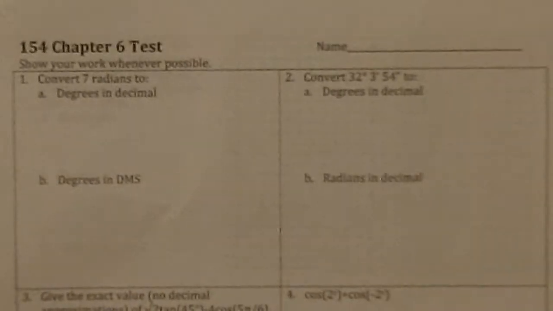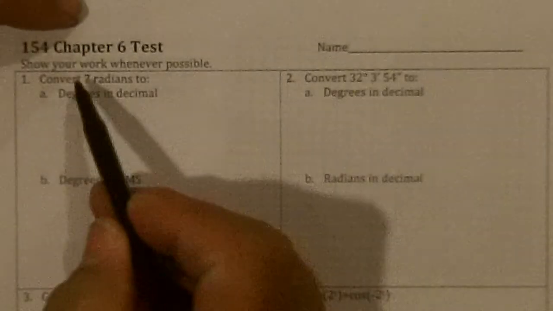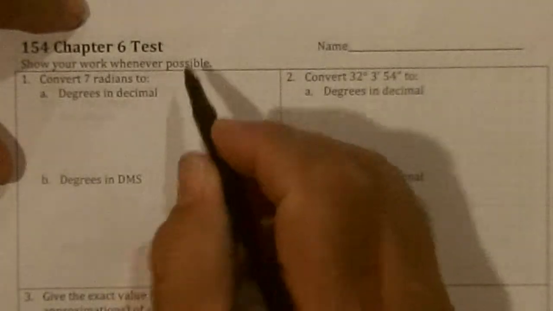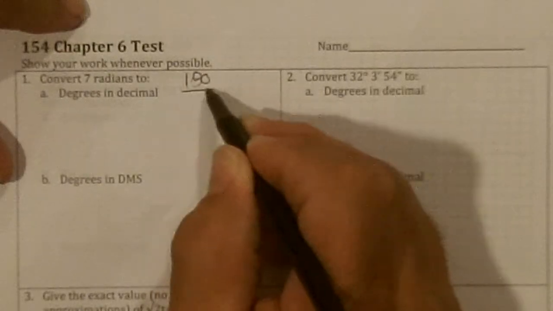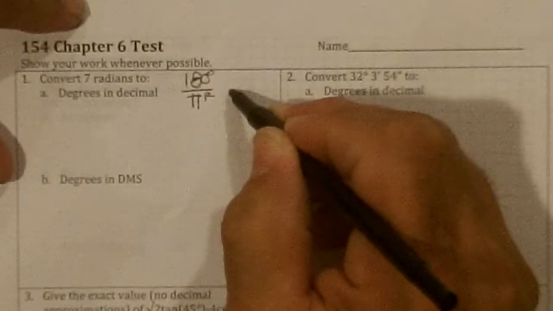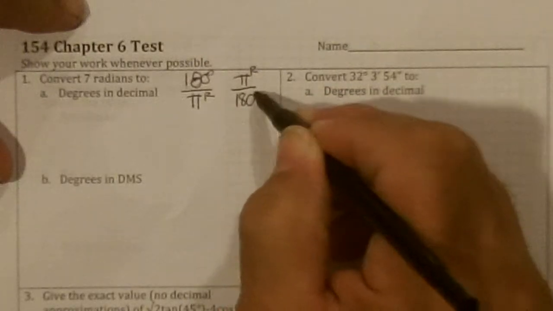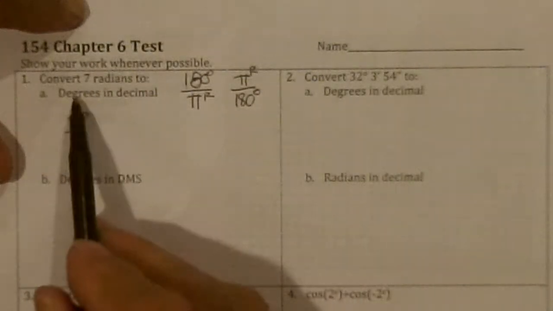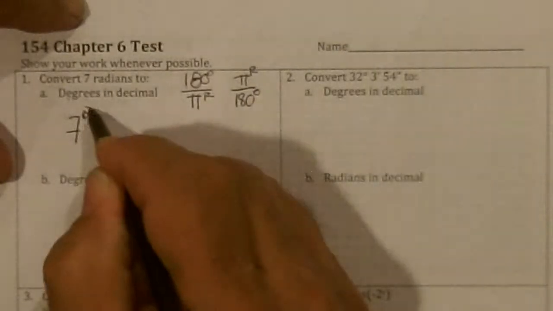All right, let's go over the chapter 6 test. Okay, first thing is to convert 7 radians to degrees. Now, if you're converting, you're either going to multiply by 180 degrees, which is the same as pi radians, or you're going to multiply by pi radians over 180 degrees. Since I said it was 7 radians and you're trying to end up with degrees, you need